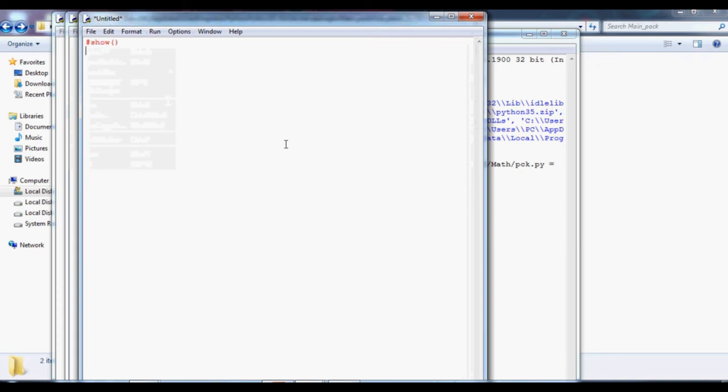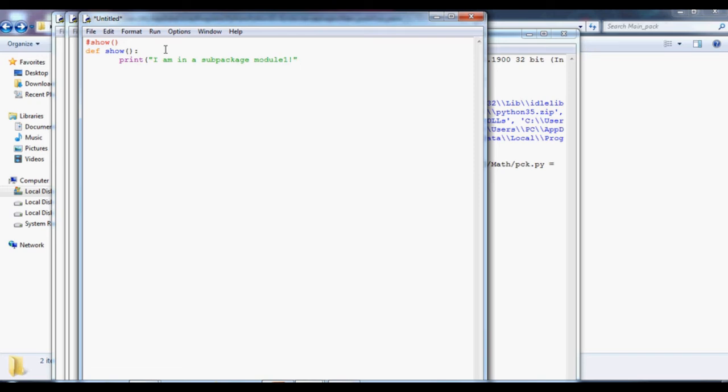So I am going to create a show function. def show, print I am in a sub package module 1. Just a print message I am going to give.